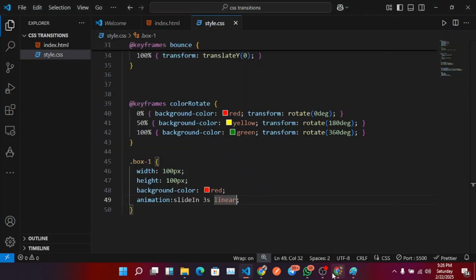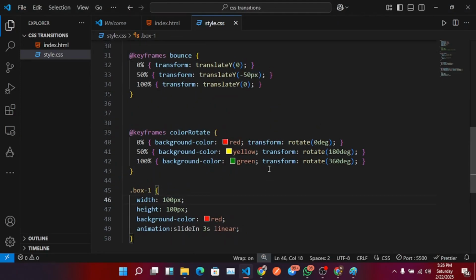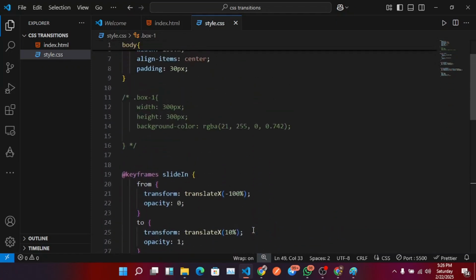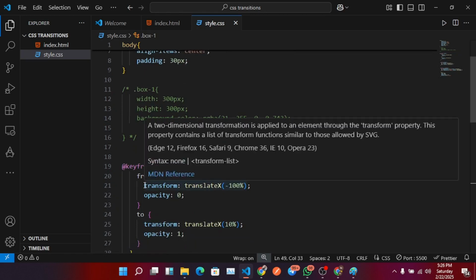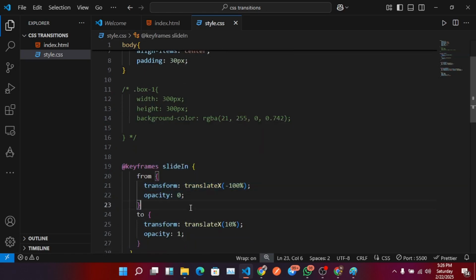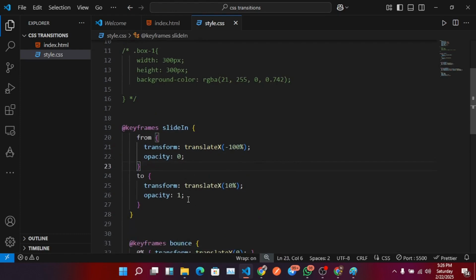That's how we work with keyframes. You come and define, you can add transitions, translations, in a keyframe. When you come onto animation, you call the keyframe here. That is it basically. Nothing so technical. All these, I assume you know all these. So if you know all these, then it is easy for you to come up with a unique keyframe for your